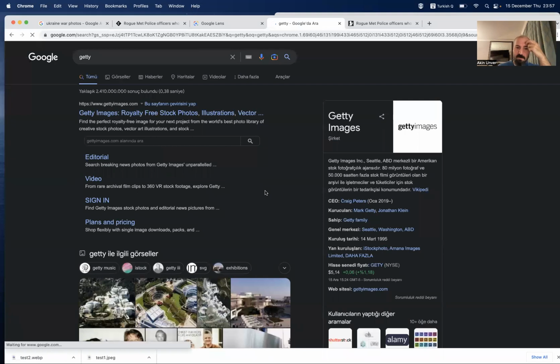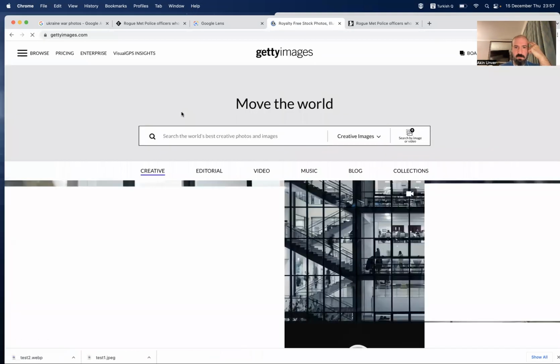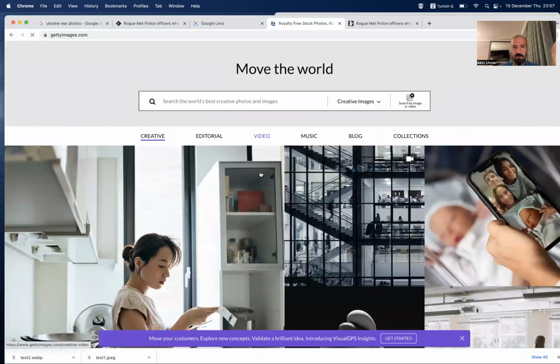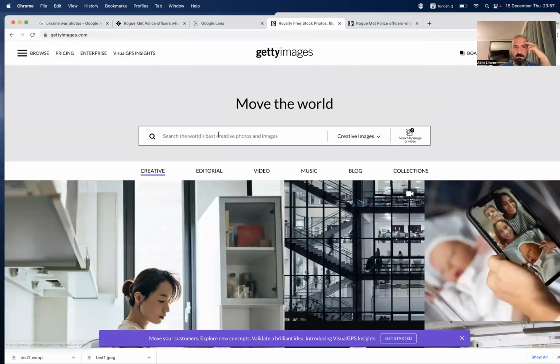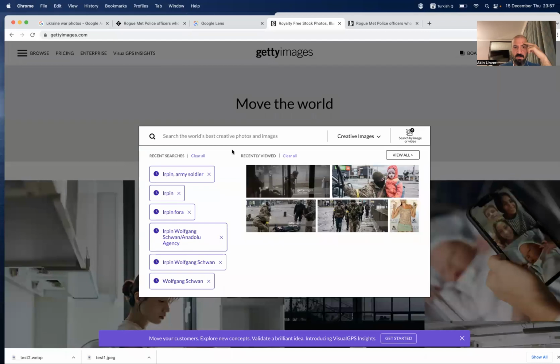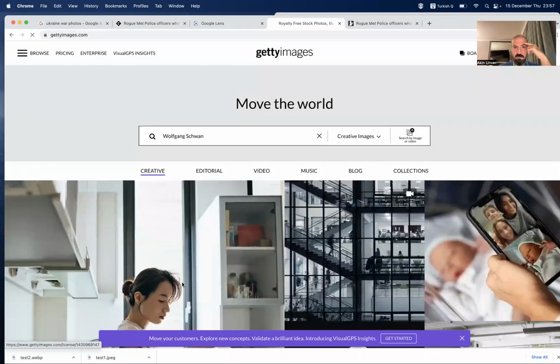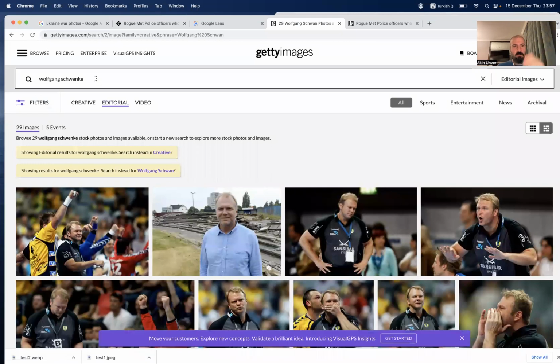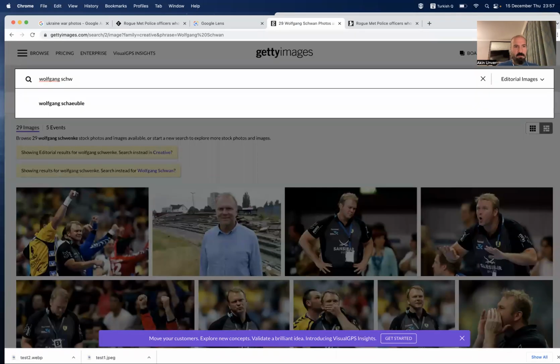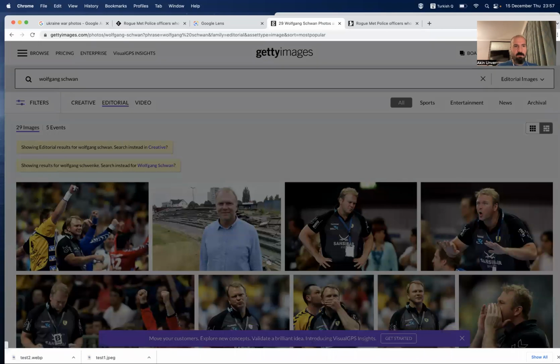Now, Getty Images is a stock image place. So when you take a photo, you put it up on Getty Images. So one basic thing I can do here is type Wolfgang Schwann,